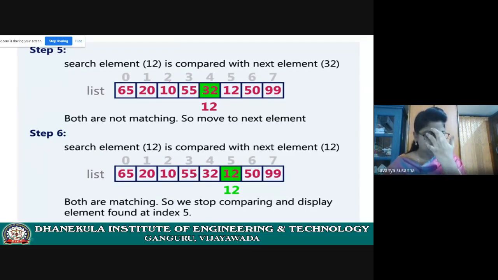Now let us see the algorithm. Keep the heading algorithm. In examination, you need to write the example. You need to solve the example, write the algorithm, and find the time complexity, the time taken by the algorithm.